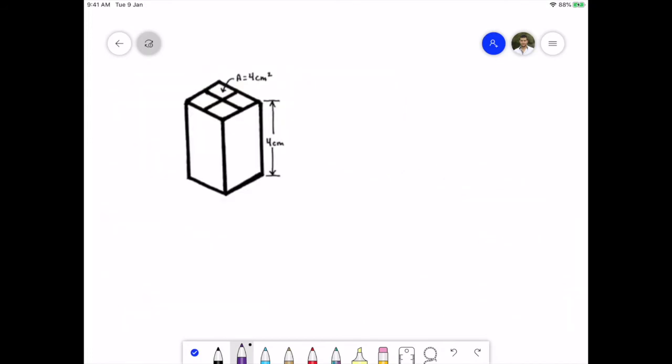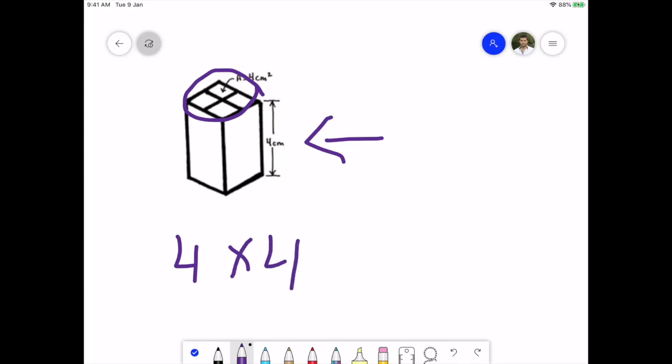centimeters. Alright, what I'm given here is just the area of this surface, which it says is 4 square centimeters. Would this be enough for me to identify the volume of this rectangular prism? Of course it is, because this area, this layer here, is repeated 4 times. How do I know that? By my height. So I know that the area has been identified, and it's 4 square centimeters, and it's repeated 4 times. Therefore, the volume of this rectangular prism will be 16 cubic